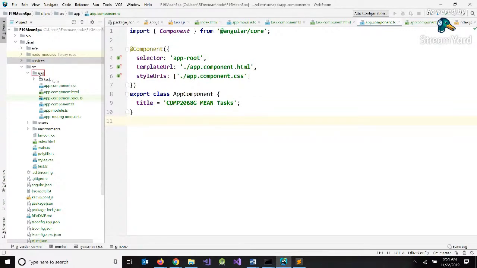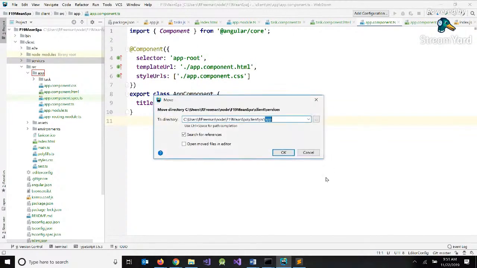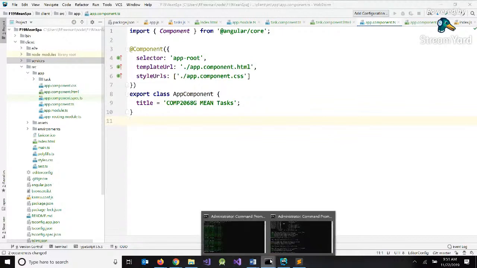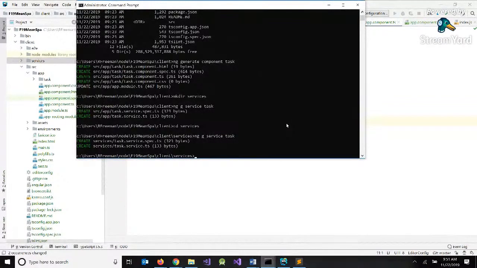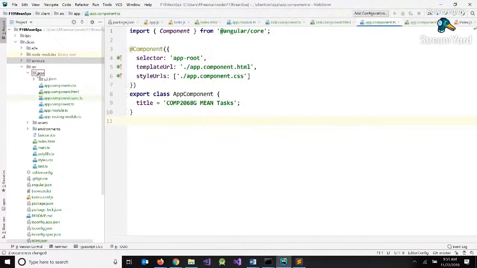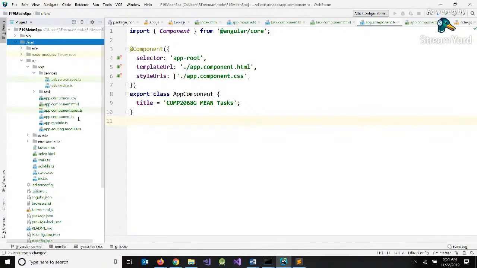I'm going to move it inside my source and app. There, third time's a charm. So inside of source app,